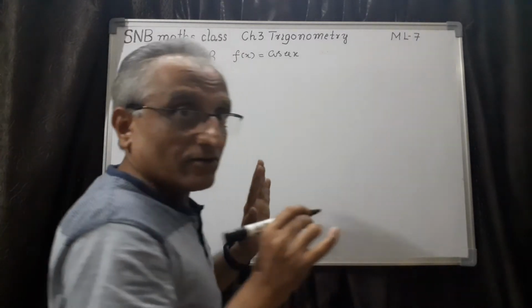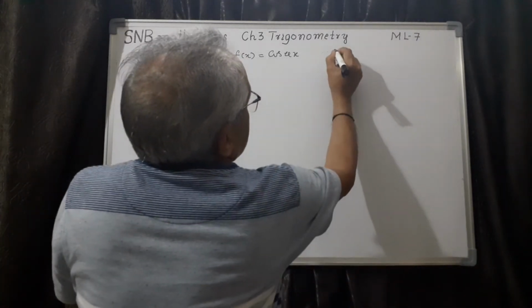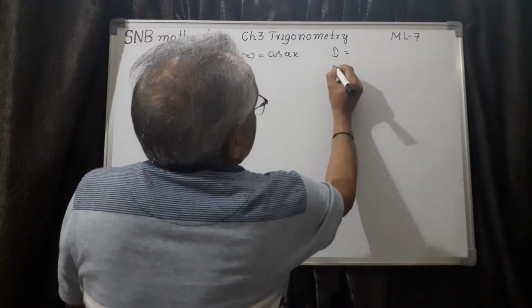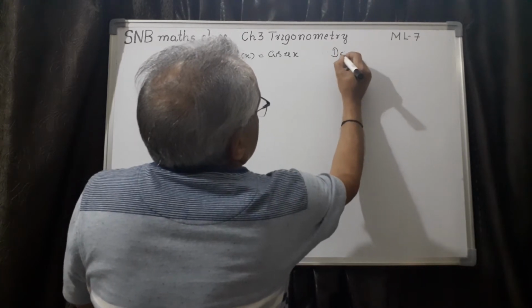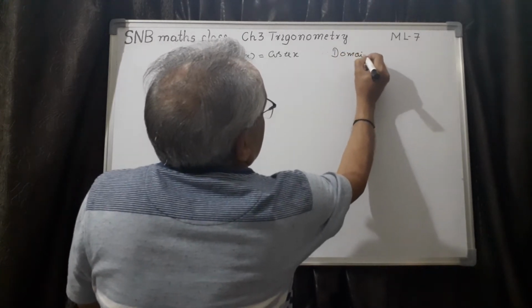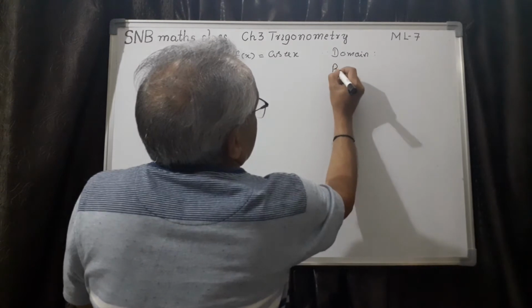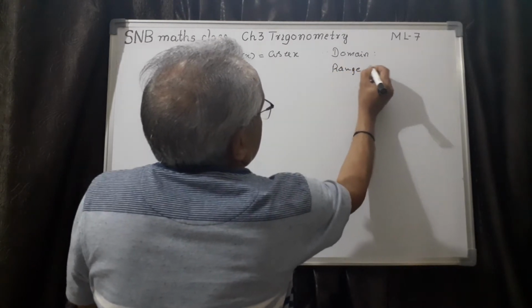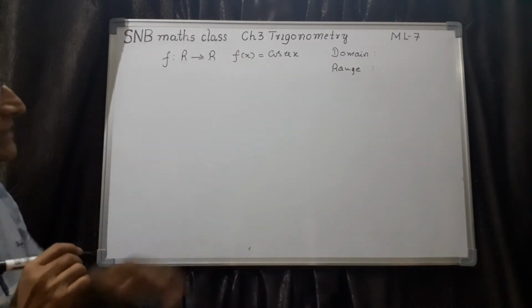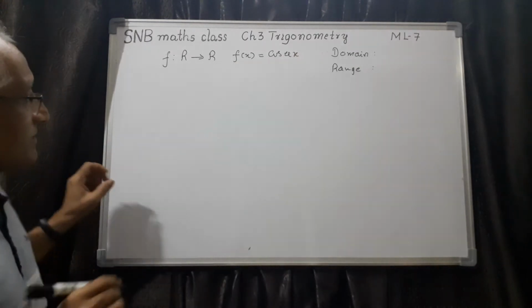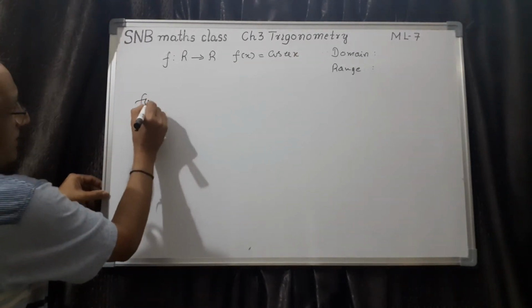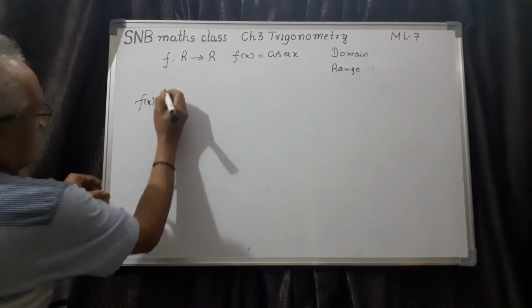Now first I have to decide what is the domain, and I have to decide what is the range. So this is what we have to do whenever you want to draw the graph. So this is very important. Now let me first take what is the domain of this one. Look here, f of x equal to cosecant x,